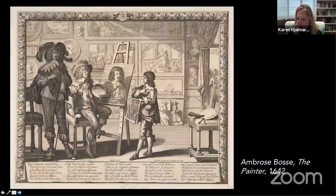Okay, we just have a couple more pieces. Now, this is Bosse, and he studied with Jacques Caillaux, and he was interesting because he was actually a Huguenot. So let's talk about the suffering of the Huguenots. Under Henry IV, the king, first Bourbon king, who was the father of Louis XIII, in the very end of